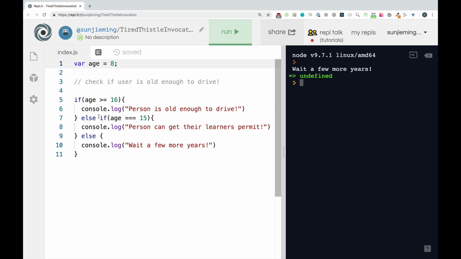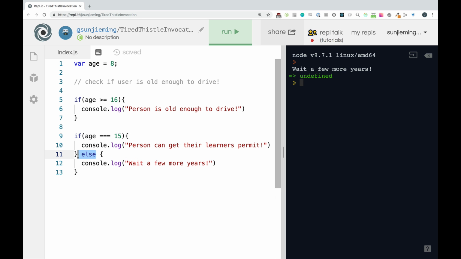One thing I do want to point out is many students ask, why don't we just write a bunch of if statements? Why do we keep writing all these else statements? Well, let's check it out. If we had if statements, many of them,